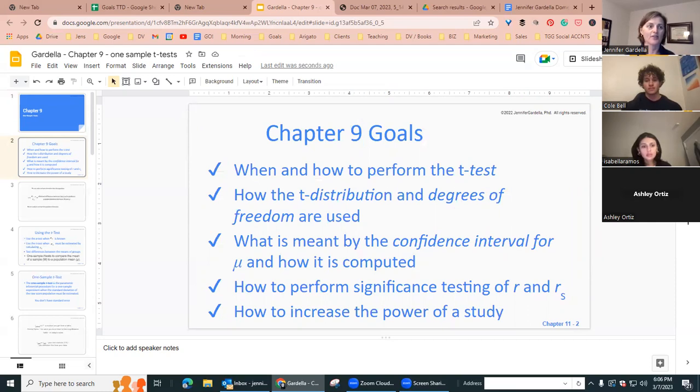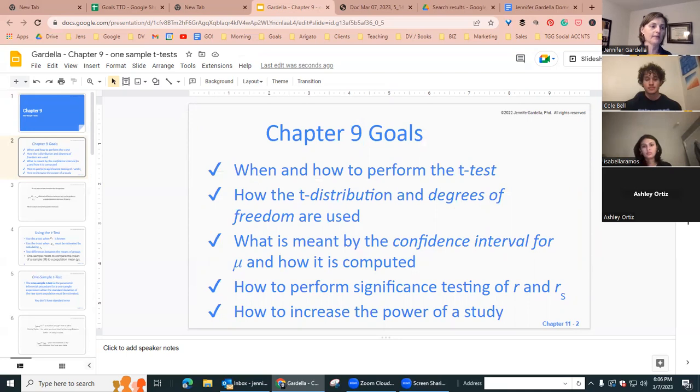That's it. So we learned how to perform a t-test. It's performed exactly the same way as a z-test. So that's the good news. The only difference is how much information that you have. So we're going to learn about the t-distribution and when degrees of freedom are used, what is meant by a